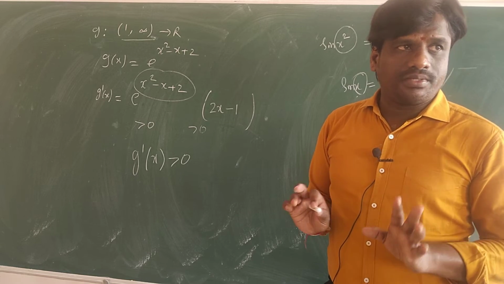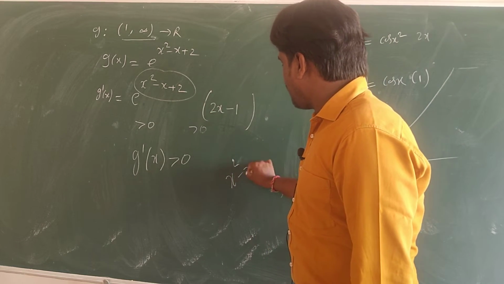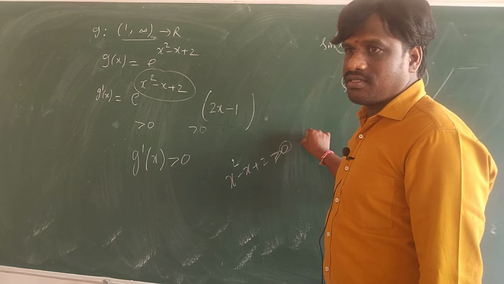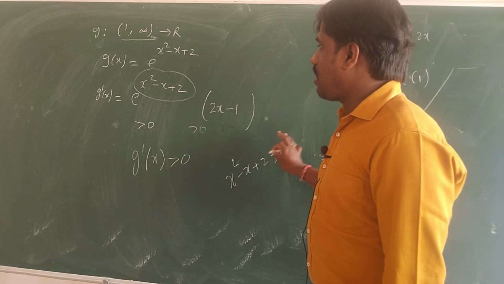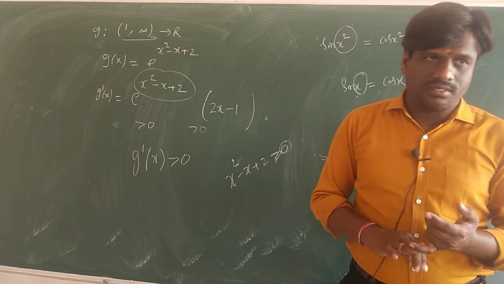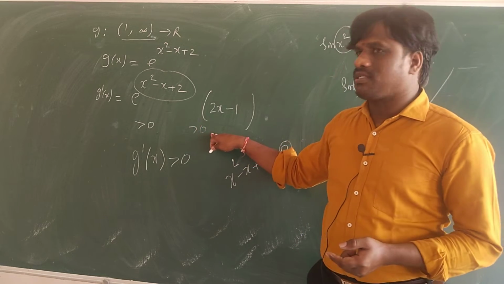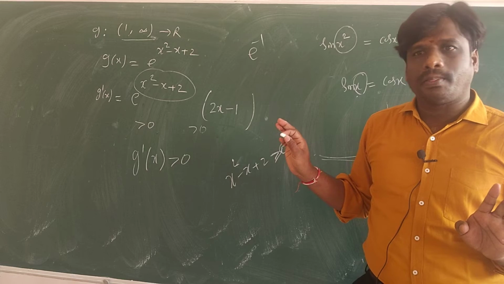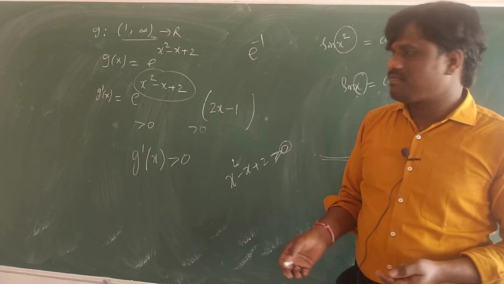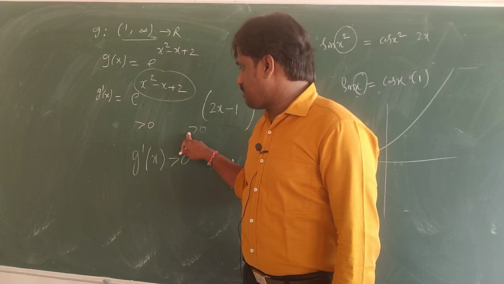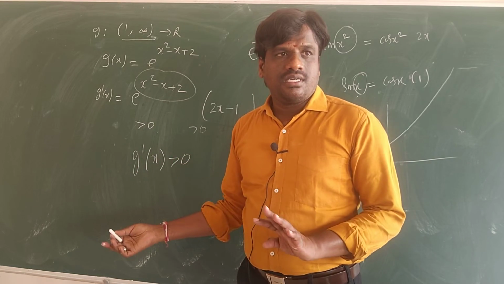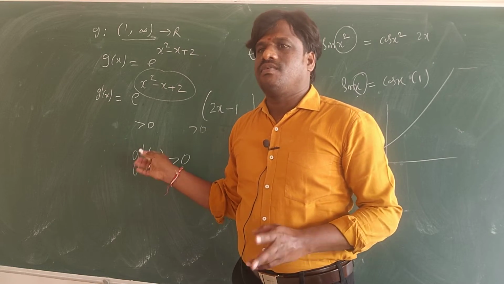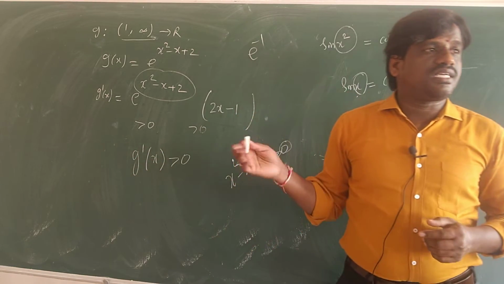If you don't know, suppose you take x square minus x plus 2 greater than 0 and see where the greater than 0 solution happens. However, e power x is positive, so you get positive. This is positive. This is positive. You get e power minus 1, which is also positive only. The result is positive. So however, g dash of x is positive, and the function is monotonically increasing. So which function is this? A 1-1 function. This is a test.